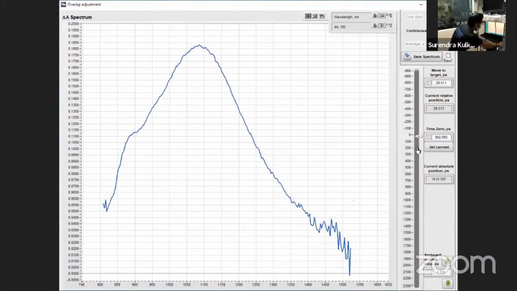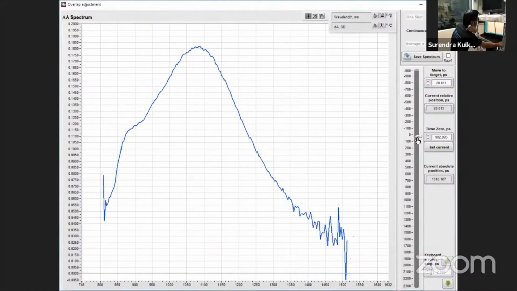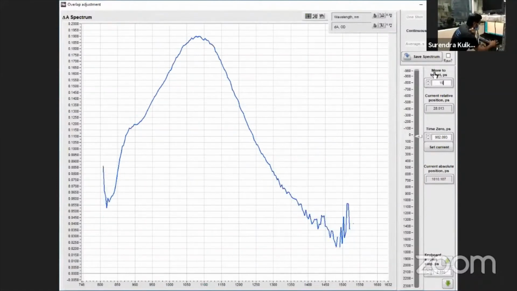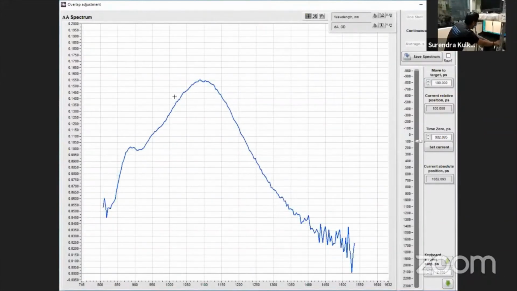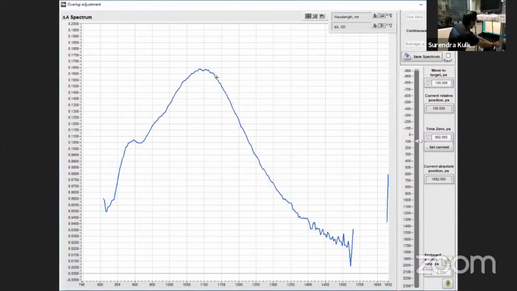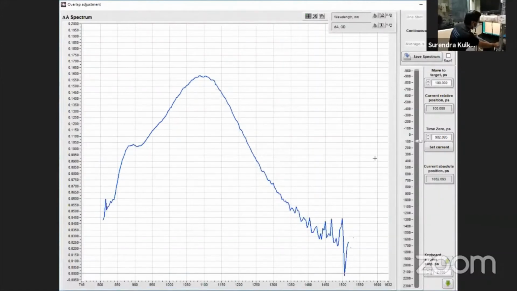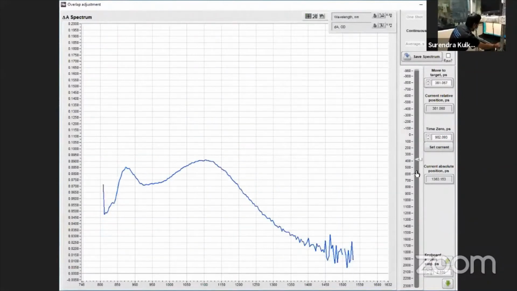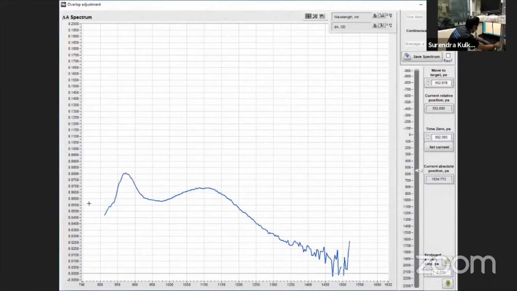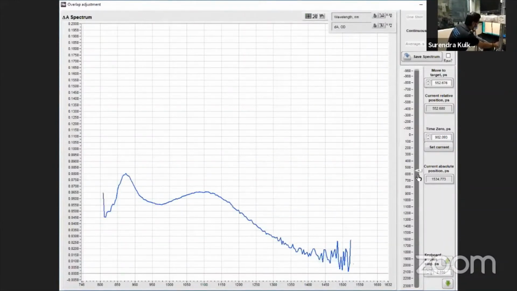So what I am doing here is taking a snapshot of the color at a particular time point. Let's say I stand at 100 picoseconds. I have stopped my reaction, or I am taking the picture or the color of the molecule at 100 picoseconds after the reaction has started. If I move this, you will see that as I move in time, the shape, that is the spectrum, is essentially changing. That says the color of the molecule is changing as the reaction is progressing.